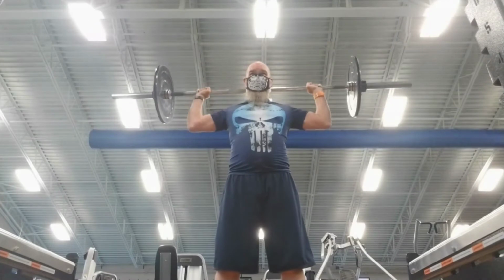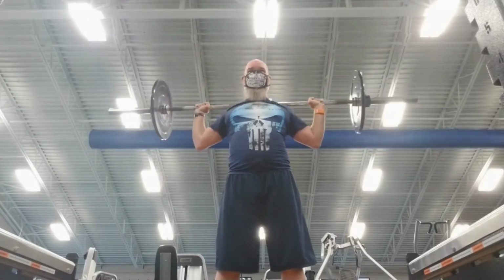All right, next up, the overhead press. Now, this one's going to focus a little bit on your shoulders and your arms. Obviously, this is going to help you out quite a bit for the swim. Also, it's going to help you out on the bike because it's going to make it easier to support yourself in the aero position or even in the drops around the hoods. You'll be less fatigued overall by supporting your upper body weight on your arms while you're riding. And for the run, it's really not all that helpful,